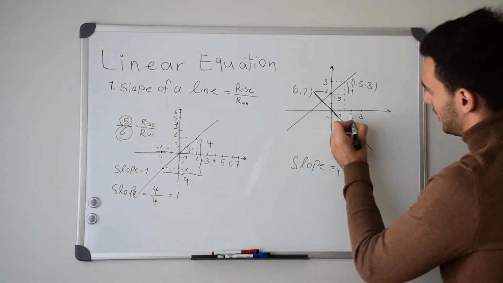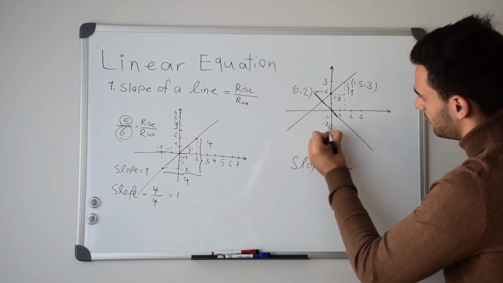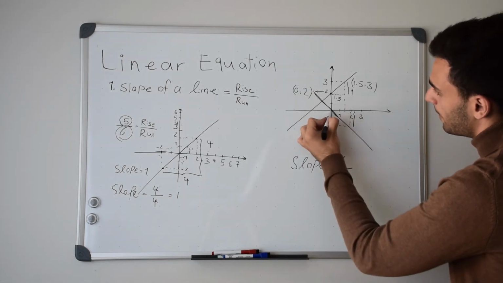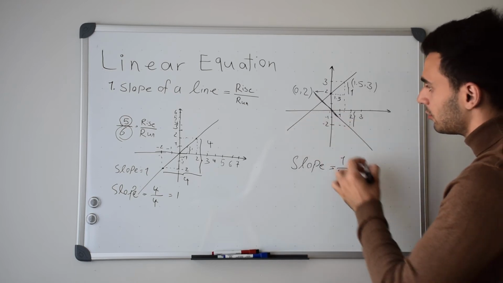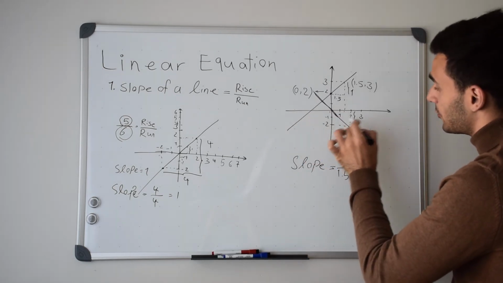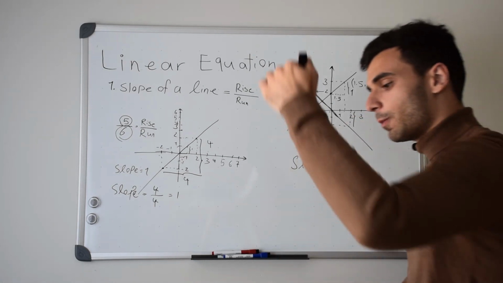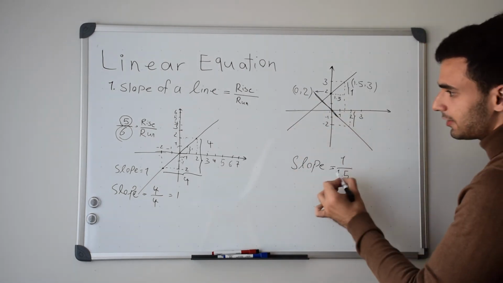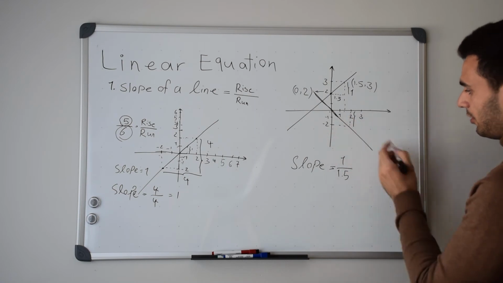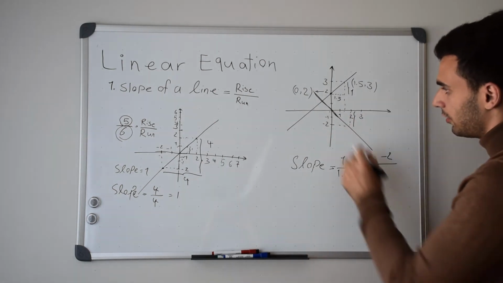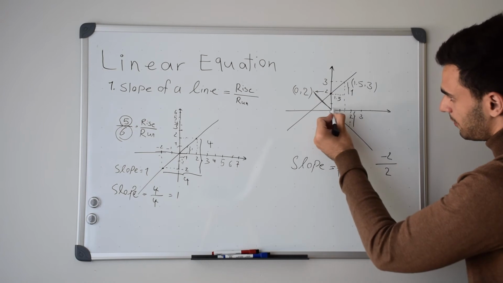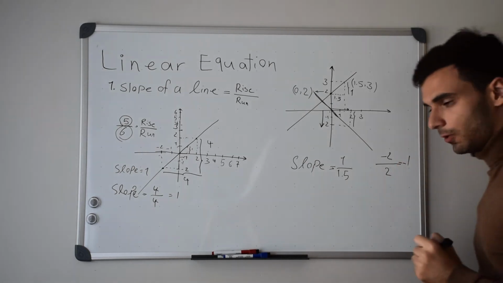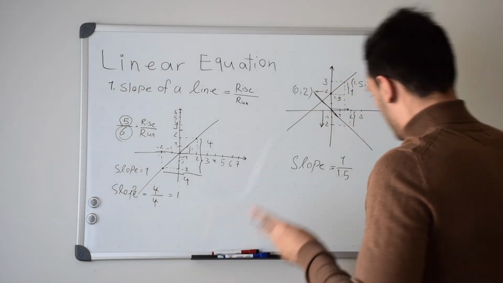So what's the rise? The rise is basically -2, because we go from 0 and 0 to point 2 and -2. So we basically go down, so the slope of a line is going to be negative. Basically the rise is negative here, -2 over +2. The run is positive, but the rise is negative because we're going down, which is -1 again. Okay,